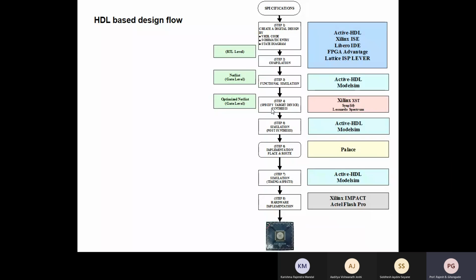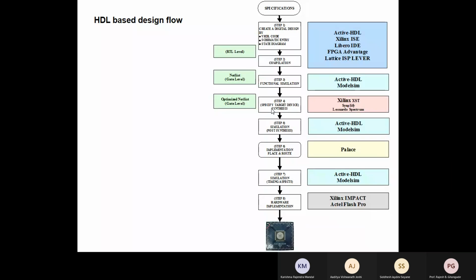Then you go for post-synthesis simulation, again using ActiveHDL and ModelSim. Now, when the slides were made, Xilinx didn't have very strong support for simulation, but now Xilinx has improved and has a native simulator. You don't have to leave the workplace.